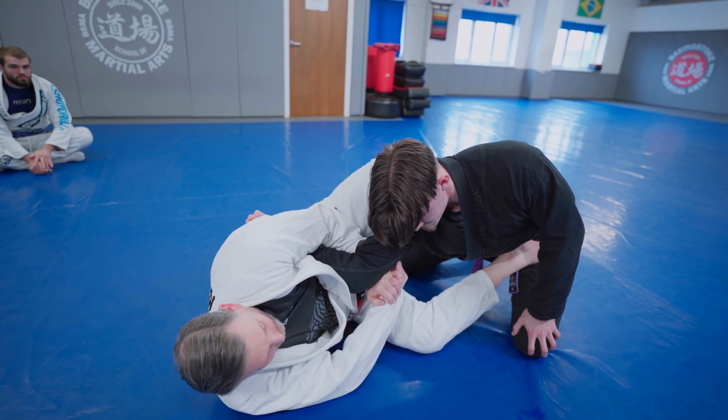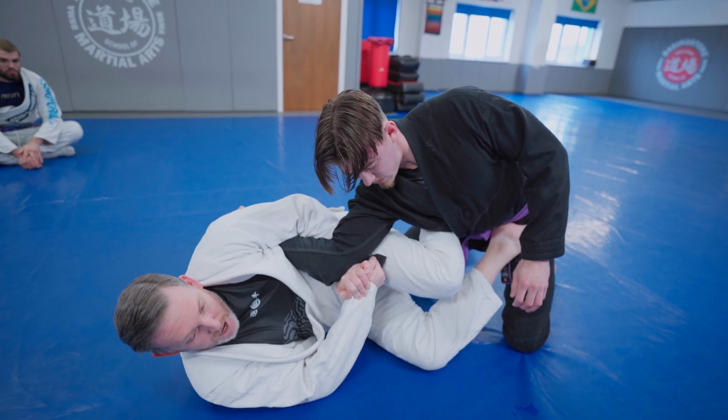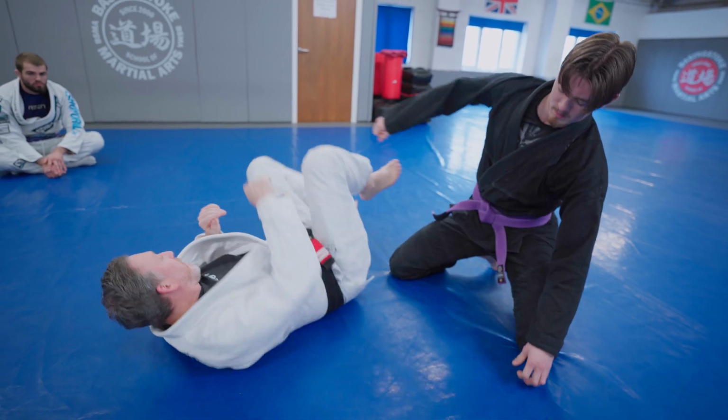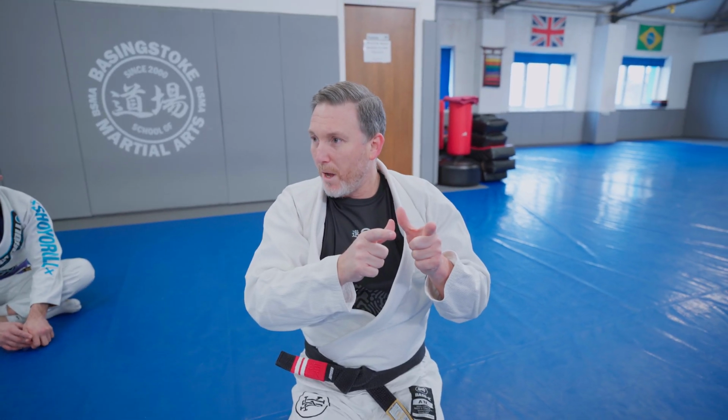Or if he's got really flexible shoulders, we pull the knee to the inside and we can really arch and finish the mirror lock. So first of all, let's look at the overhook, moving the hips out and finding that isolation point on the armbar. And then if our partner turns a thumb up, omoplata, Kimura options. If he turns his thumb down, mirror lock,